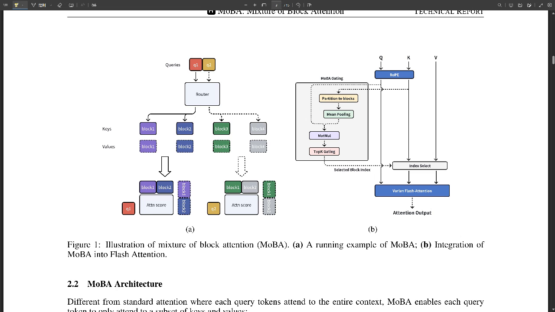Okay, but what about tasks where considering the entire context is crucial? Right. Can MoBA adapt to situations that might require a more global perspective? That's where its hybrid nature shines. MoBA can actually seamlessly transition between full attention and its block-focused approach. Oh, so it has both. Yes, it can switch modes depending on the specific demands. It's like having a car with both an eco mode and a sport mode. Exactly. You choose the best setting.